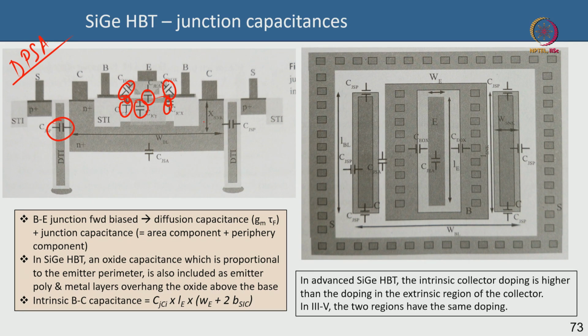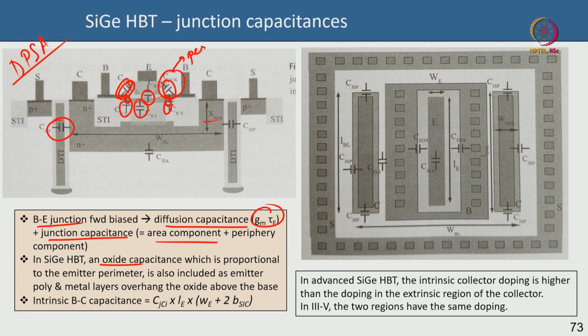Through the shallow trench isolation, there can be coupling capacitances. But in general, the forward bias base emitter junction gives rise to diffusion capacitance. We have talked about it an enormous number of times. There is also a junction capacitance which you can tend to ignore, but this will typically depend on the periphery. And then there is an oxide capacitance which I already talked about, and this depends on the periphery, because this